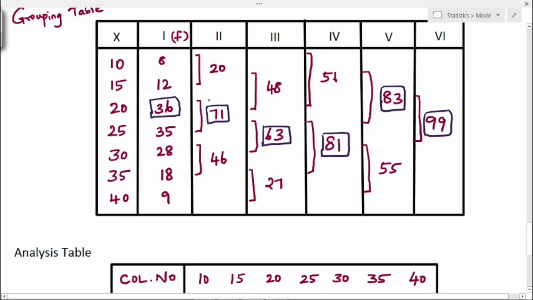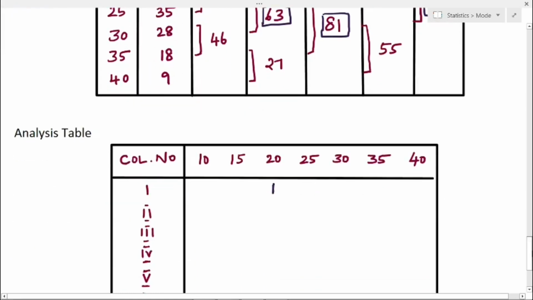So we have to mark column 2, 20 and 25 as 1. So corresponding to column 2, we have to mark 1 in 20 and similarly 1 value in 25.